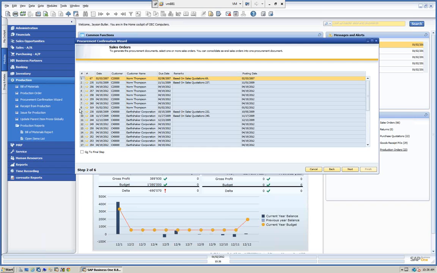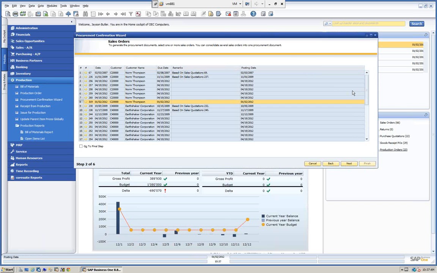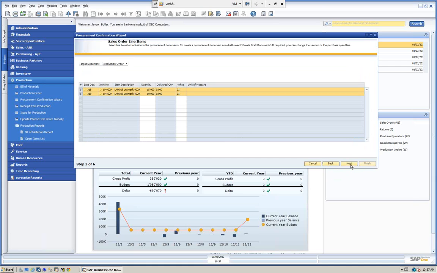So now we're only looking at Norm. We want this one here, which was 319, so we're going to highlight that, hold our control key down because we want that item, which is 319, and we also want 318. So you can see here, by holding the control key down, I selected sales order 318 and 319. Let's click next, and again, you can see them here. My default is production order. Again, I have the ability of making any changes if I want. Let's click next,